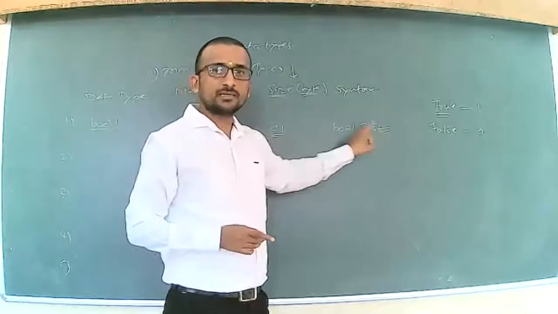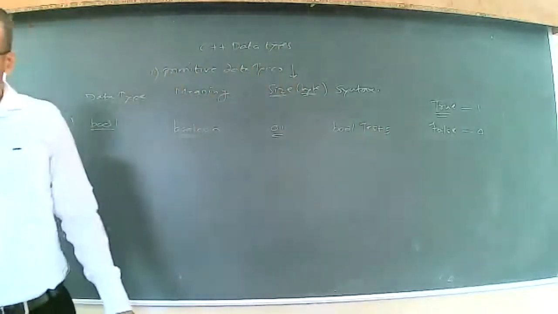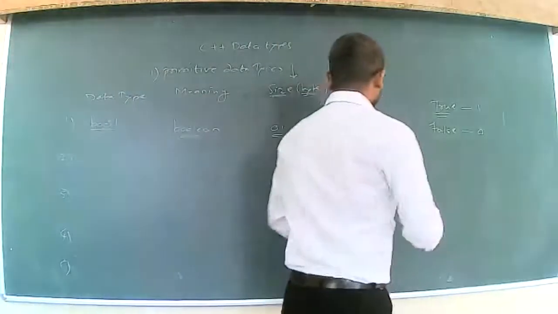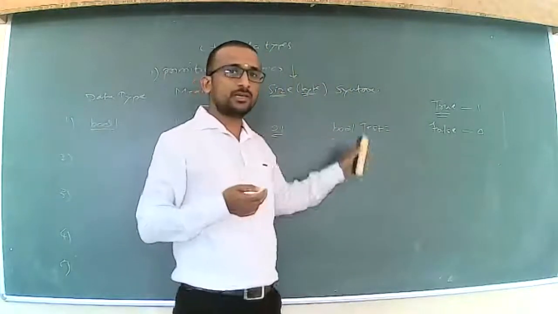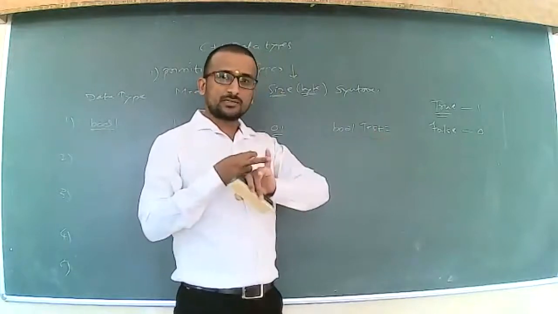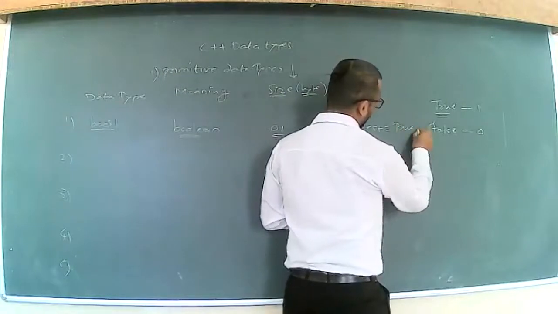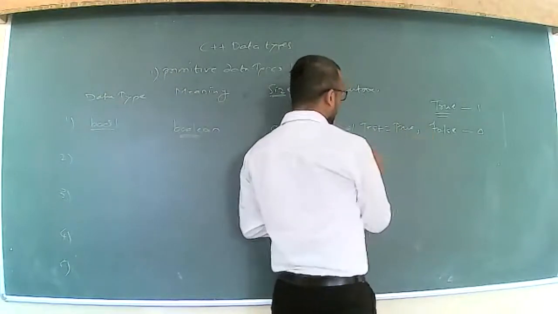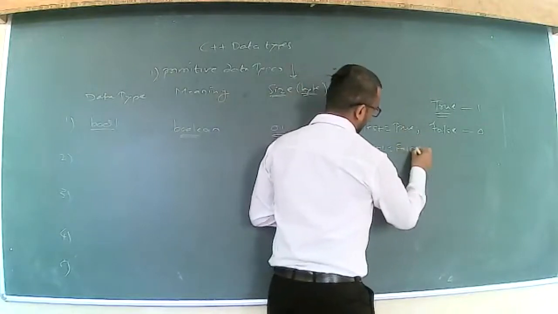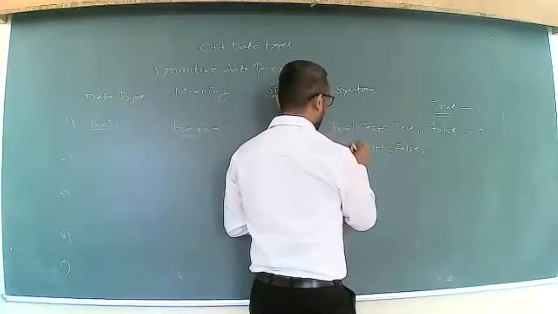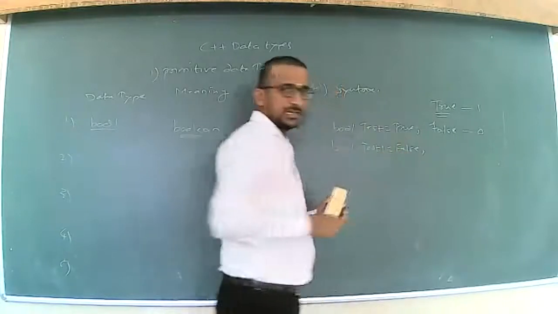You can also assign a value to this variable in the same statement. We can call it a declaration, so test is equal to. Now, what value can this boolean variable store? It can store either true or false. So we can write either true, or, let us see, test1, that is false. Bool test is equal to true, bool test1 is equal to false.